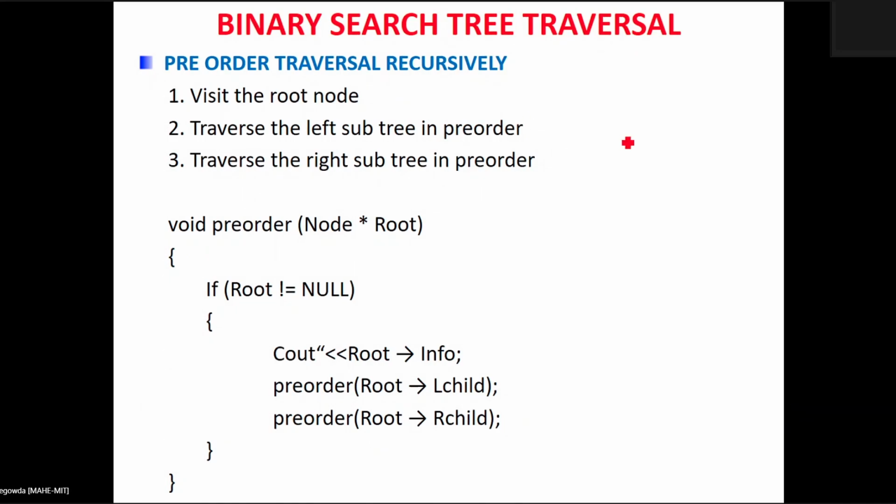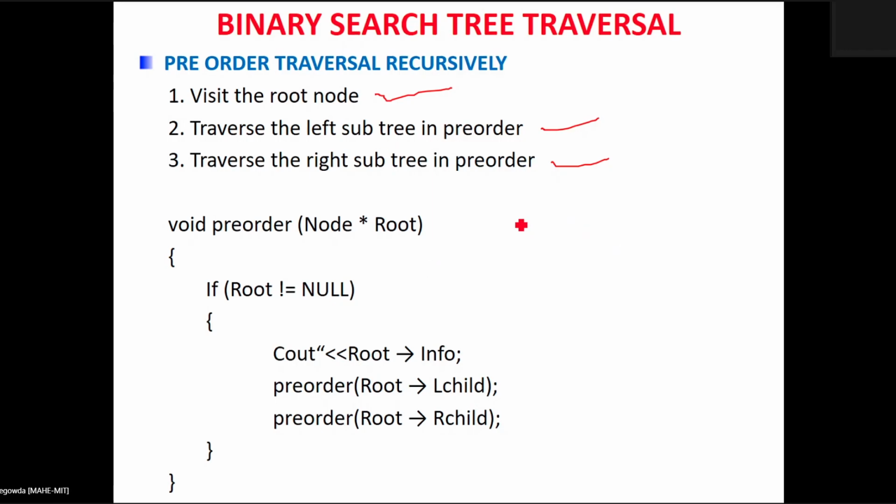We have already discussed tree traversals in the previous class for binary trees. The same thing holds good for the binary search tree here also. Suppose you want to perform the pre-order traversal for the binary search tree. This says: visit the root, you are visiting the root node first, traverse the left subtree in pre-order, and traverse the right subtree in pre-order. This is the same order we discussed for the binary tree. The same thing holds good for binary search tree traversal also.